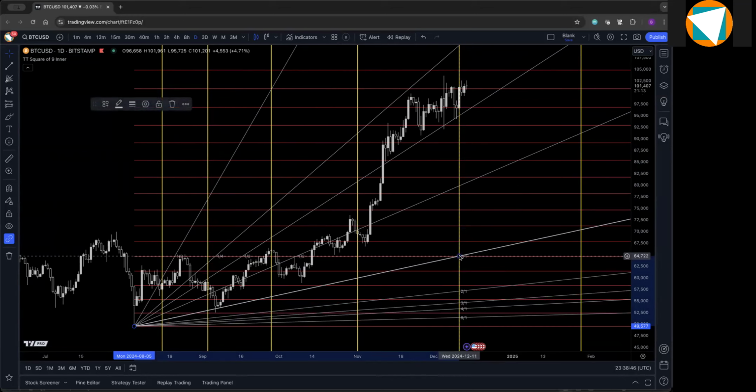Now we're cooking. Okay, so what I like about this is that we've got this touch on the 1 by 1 here, little probe below, holds, and then price gets above the 2 by 1 and holds above the 2 by 1, and then it shoots up into this upper segment here, and you can see how this fan up here has